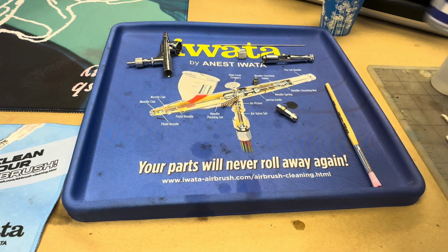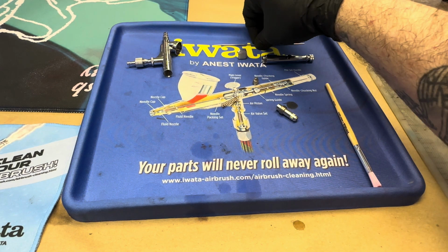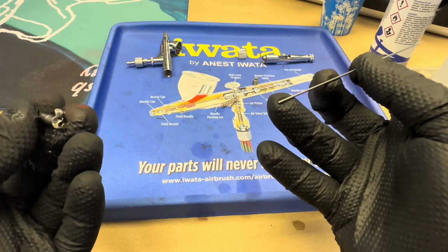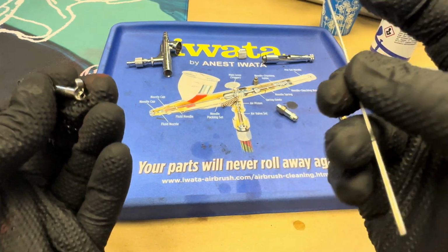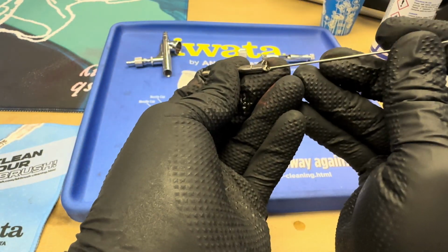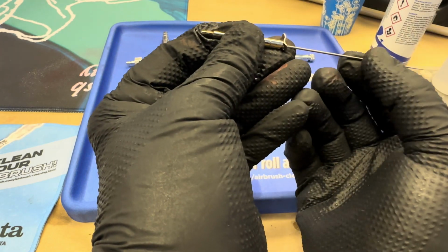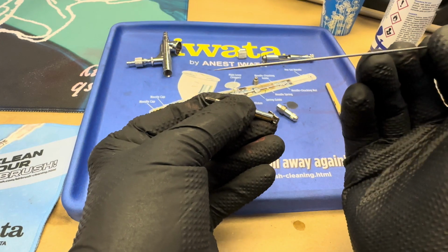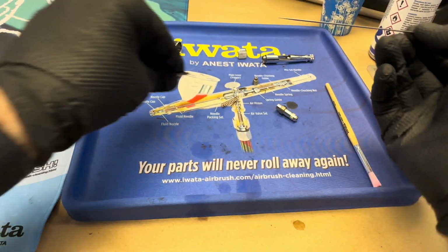But what we can also do with this one, as we don't have the bit on the back like on the custom CS that allows it to come out easily, we want to send it through the chucking guide backwards, just to make sure that there's no excess paint in there. And that looks pretty clear to me, so I think we got it. So we pop that back down,